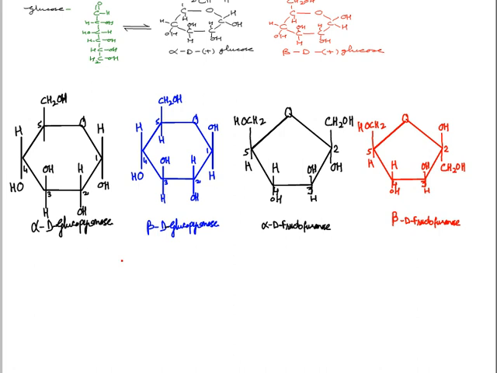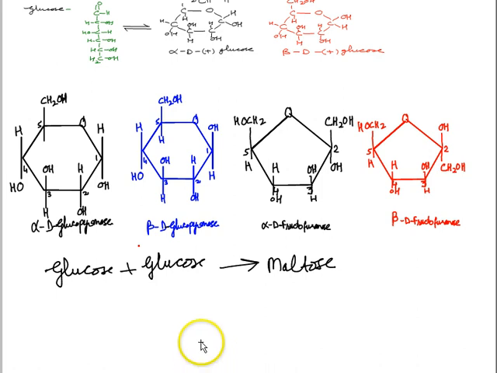So as we had studied earlier, when we talk of a molecule called maltose, maltose has two glucose molecules. Glucose plus glucose forms a molecule of maltose. Maltose is a disaccharide. So now how do these two glucose molecules combine and form a bond to make maltose? It's not very difficult, and this bond is called alpha glycosidic bond. I repeat, alpha glycosidic bond. So let us try to make this alpha glycosidic bond.